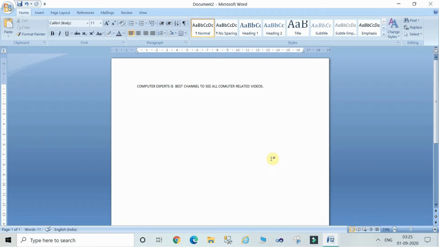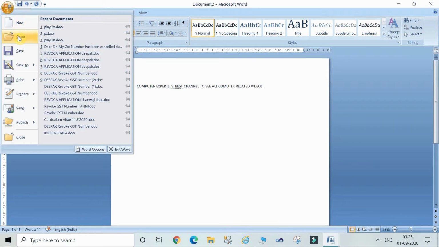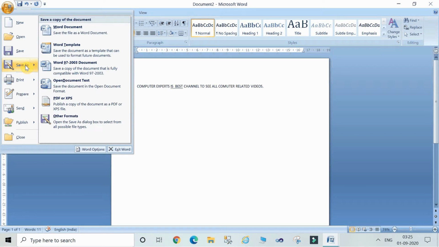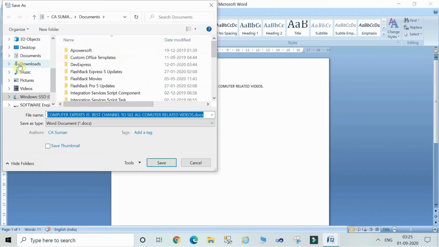For this, first of all, you have to go to this office button, click on this one, and now click on save as. When you will click on save as, then you are able to see certain options like Word document, Word template, Word 2007. You don't have to change any of the thing, just click simply on the save as. And now what you have to just remember here is that in the below option there should be written Word document, and now see the extension .docx, right? So you have to just check out yourself.